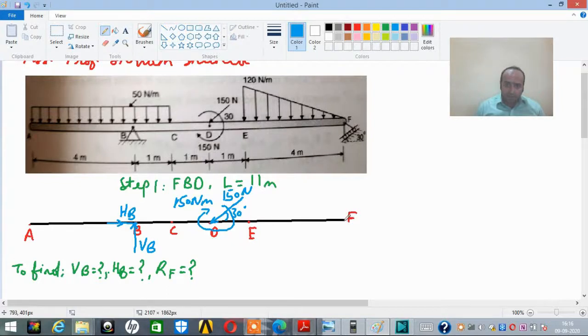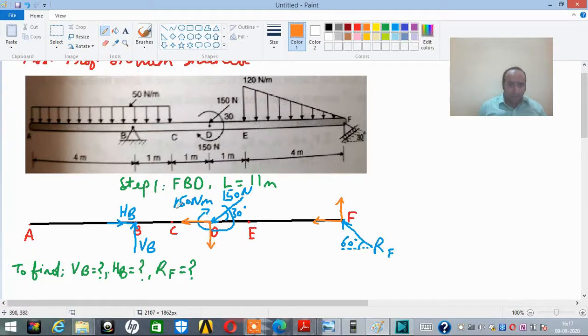There will be a normal reaction at point F which will be perpendicular to the inclined surface. I will show it as RF, which is acting at an angle of 60 degrees to the horizontal. Okay, friends, if I need to resolve these forces, how do I do that? Just for the resolution sake, this 150 Newton will be resolved as, this will be the horizontal component as well as this will be the vertical component. The same way for RF, this will be the vertical component and this will be the horizontal component.